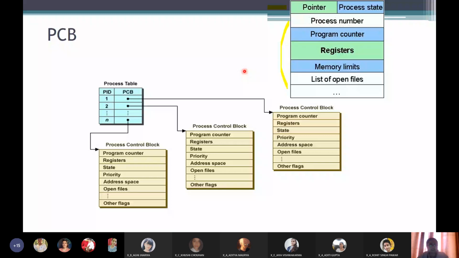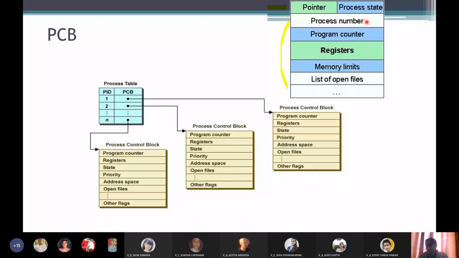If you remember last year when we were studying Access, in that we were studying about database and tables, right? So in tables we used to have a particular column known as the primary key. Do you remember that? Primary key was used for uniquely identifying all the records, meaning every record will have its unique primary key. So similarly, processes also are identified by the process number. The operating system needs this because there are more than one processes running on the CPU.